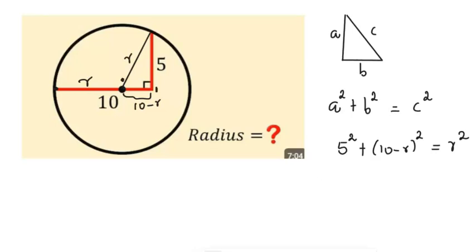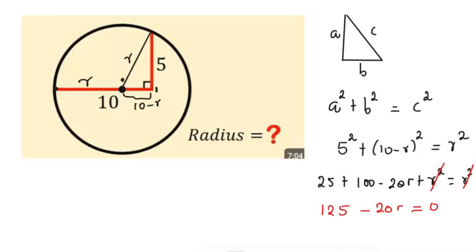Now expanding this, we get 25 plus 100 minus 20r plus r squared, equal to r squared. So we can see what is going on here. We have r squared on both sides, so they get cancelled. Then we are left with 25 plus 100, which gives us 125, minus 20r equal to 0. So this gives us 20r equal to